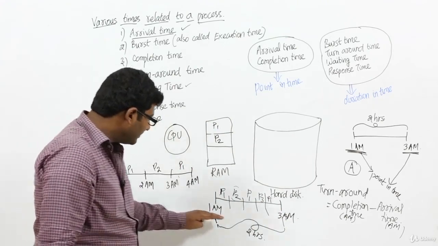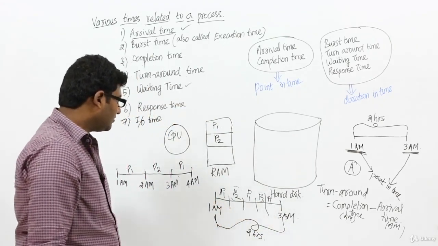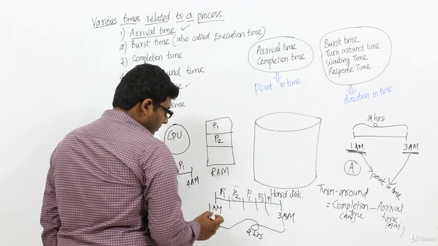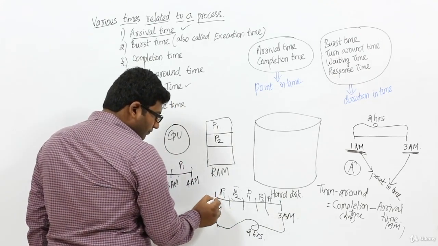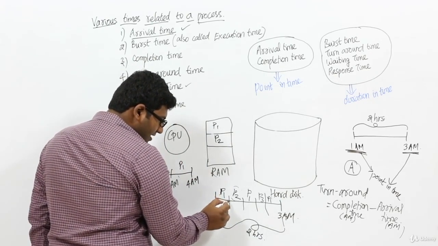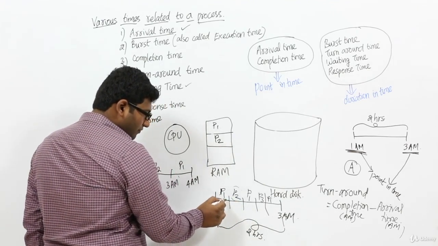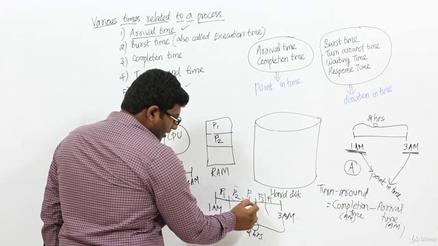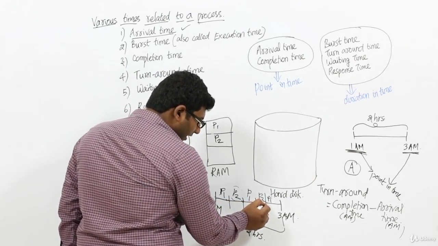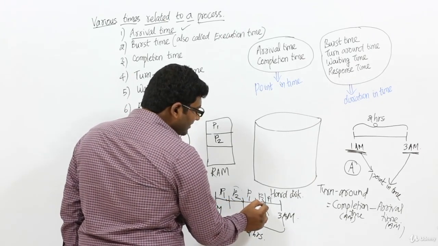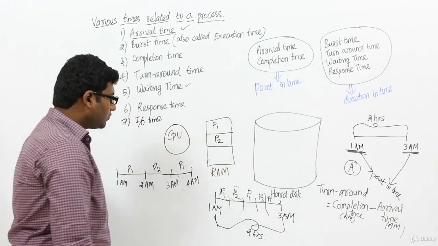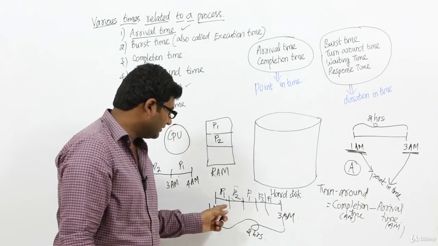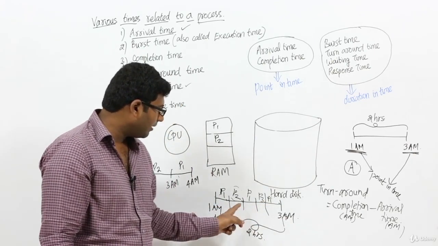Okay. Now in this, what are the things which have happened? P1 has executed for this time, and it has waited for this time, and P1 has again executed for this time, and again P1 has waited for this time, and again P1 has executed for this time. Okay. So actually what has happened here is, turnaround time can be computed by,